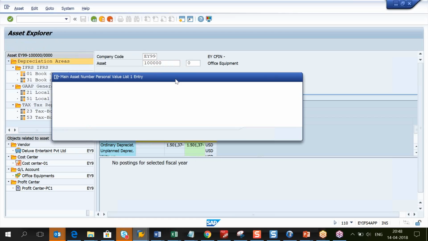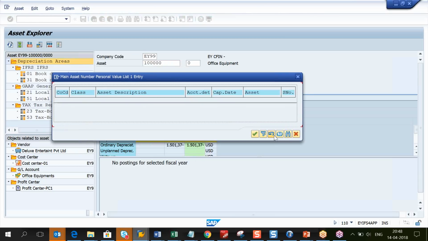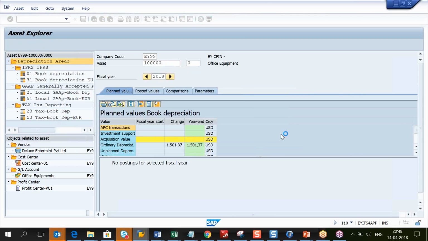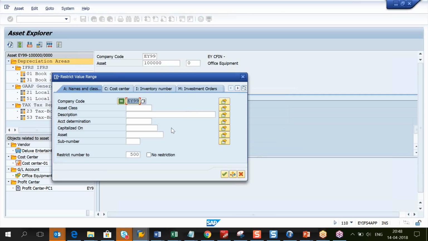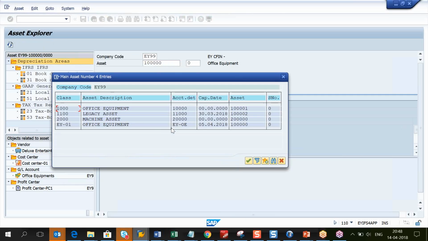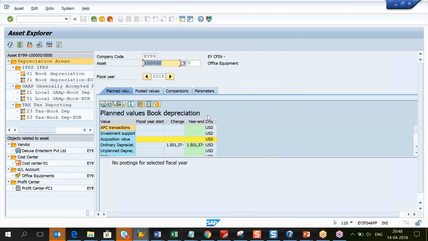Let me try to see, is there any document? Let me see, is there any capitalization? If I go to this,